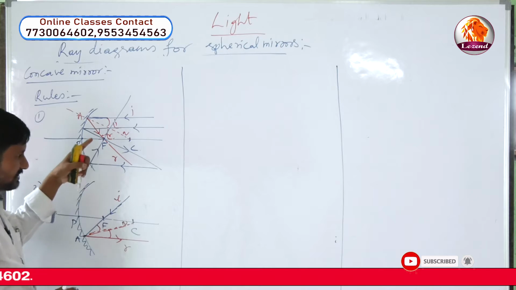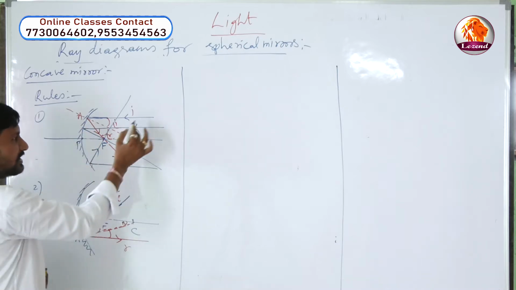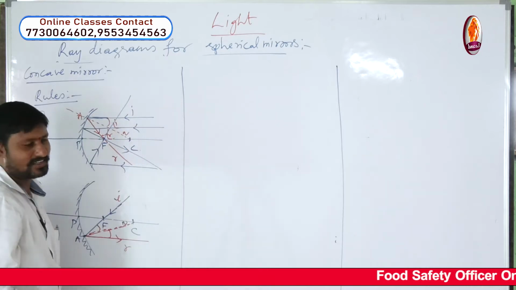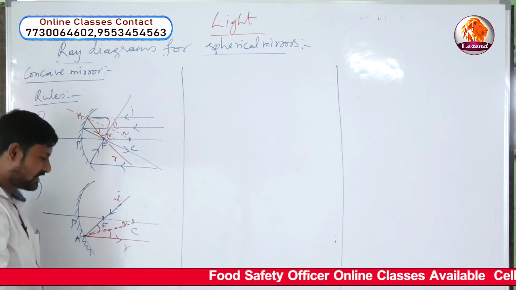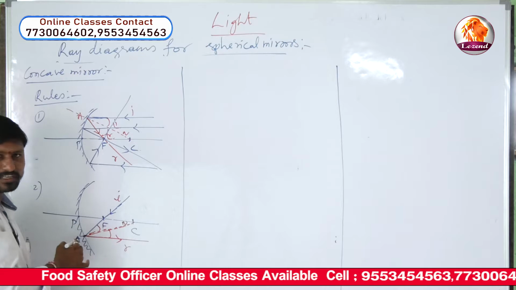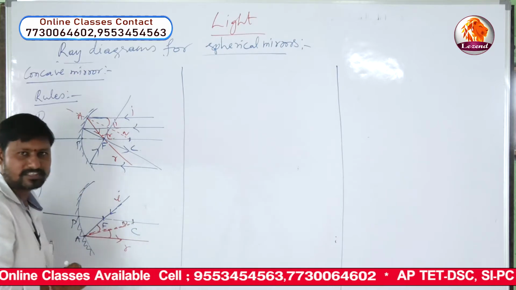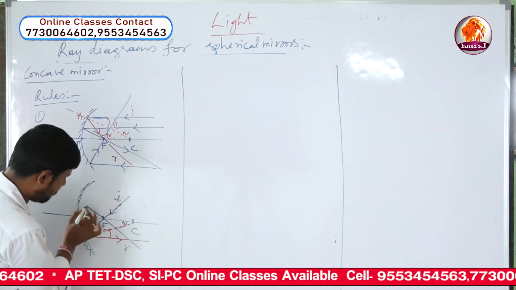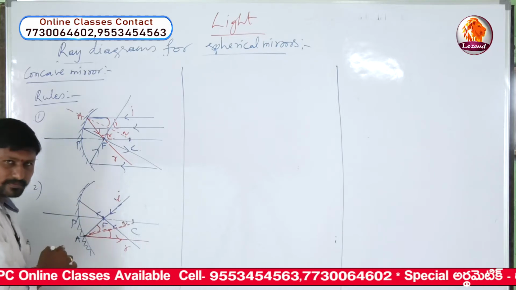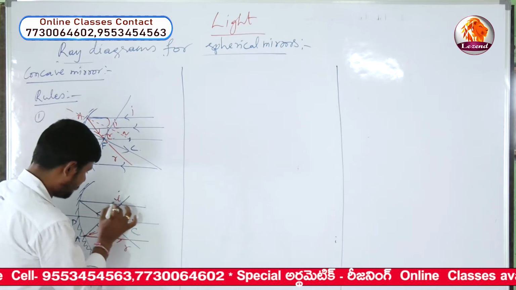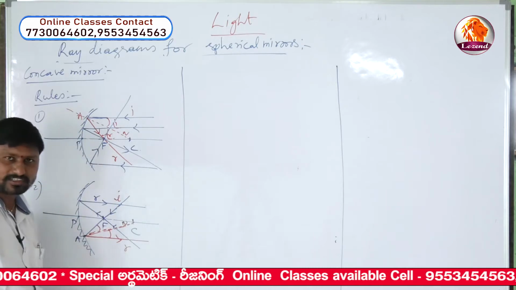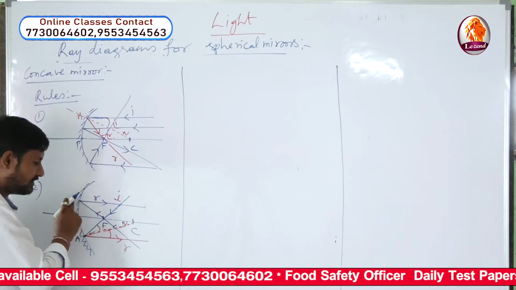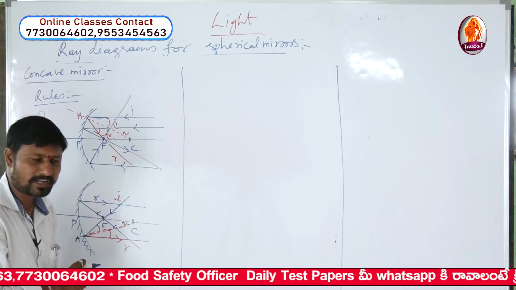Second rule is quite opposite to this now. We have taken incident ray, reflected ray. Now this is the incident, this will become reflected. So it is the converse of first rule. What is that? A light ray which is passing through its focus, after reflection, travels parallel to the principal axis. So you can take another from below also. This is incident ray if you take. Now it will be traveling parallel to principal axis. This becomes the reflected ray. Understand now? So any light ray which is passing through its focus, after reflection, travels parallel to the principal axis.